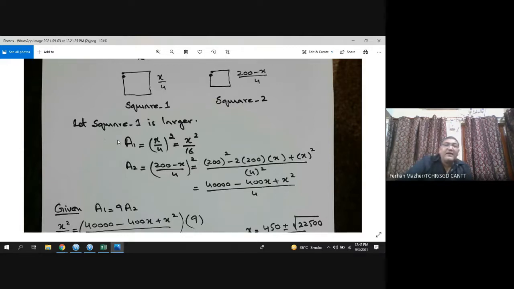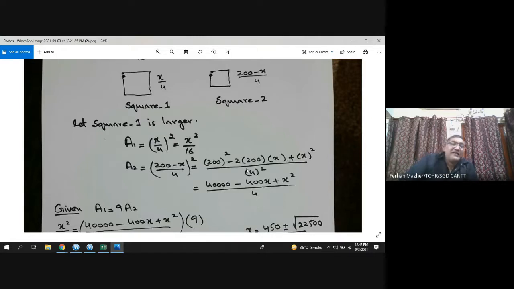In the same way, I will try to find out the area of square number 2. Area 2 will be, this is the length of the side, I will square it. So (200 minus x) whole squared, I will use the identity to open it. The identity is (a minus b) whole squared equals a squared minus 2ab plus b squared. You can see here I have opened it: square of the first term, minus 2 times first term times second term, plus square of the second term, divided